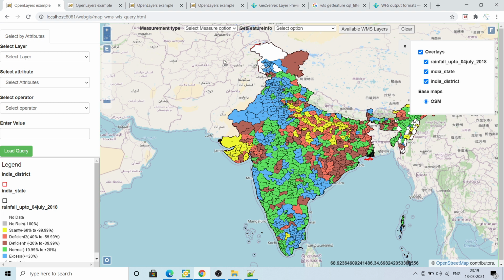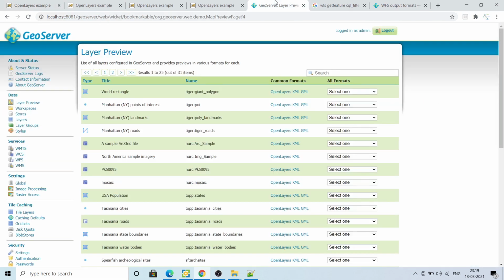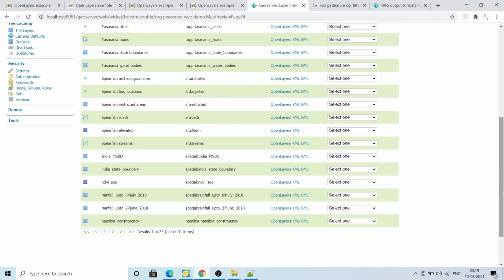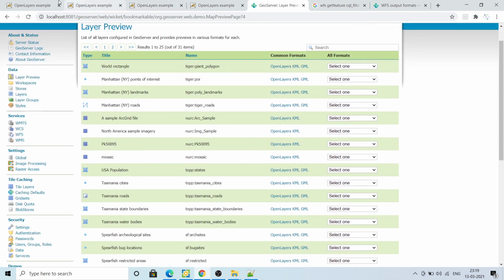First of all, for this tutorial you need to have all your layers inside GeoServer. You can go to my earlier tutorials from a year or six months back and check out how to push all your layers inside GeoServer. That is a very simple thing. You have to create a workspace, then create a store, then put all your layers, then create a layer, and you can give the styles. So you can go through that video, put all of your layers into GeoServer, and then come back to this video.